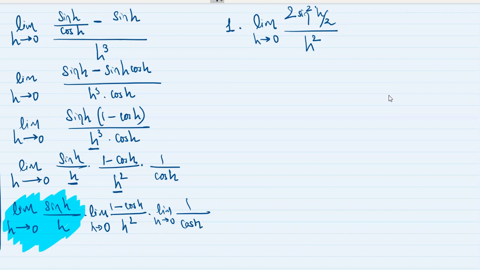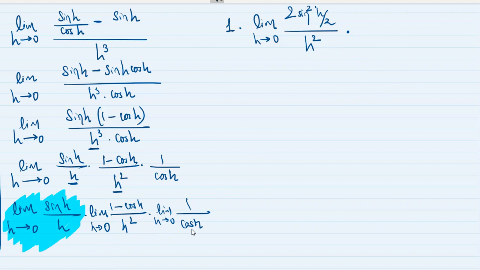Okay, so why am I writing 2 sine square h by 2 over here? That is the formula of 1 minus cos theta. Why am I bringing it in terms of sine? Because I want to find the value of the limit of this trigonometric function. In terms of 1 minus cos h, it will be very difficult to find the answer. Acha, what about